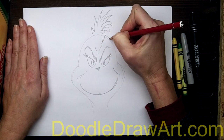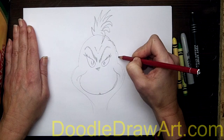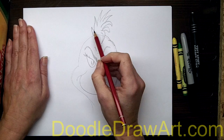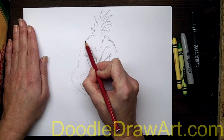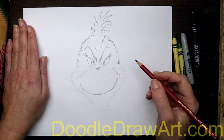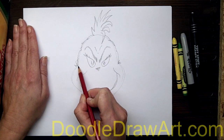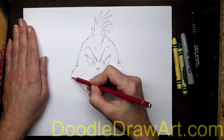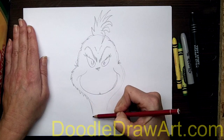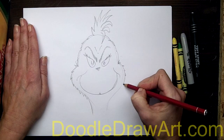And then we have his actual hairy head. So it's going to have just little rough edges coming down through like this, and then you might have some little hairs flipping there. Same thing on the other side. We're just going to come down around the side of his head like this. That's a little bit hairy, a little bit monster furish. And again, we might just have some little hairs going in the wrong direction here. And then we're going to come around the outside edges, coming down around this way and towards his neck, just like so. And same thing on the other side, flippy flips, little hairy bits coming down,